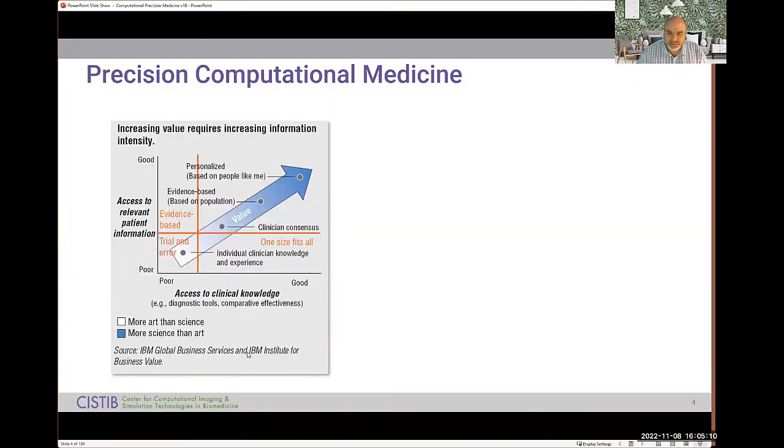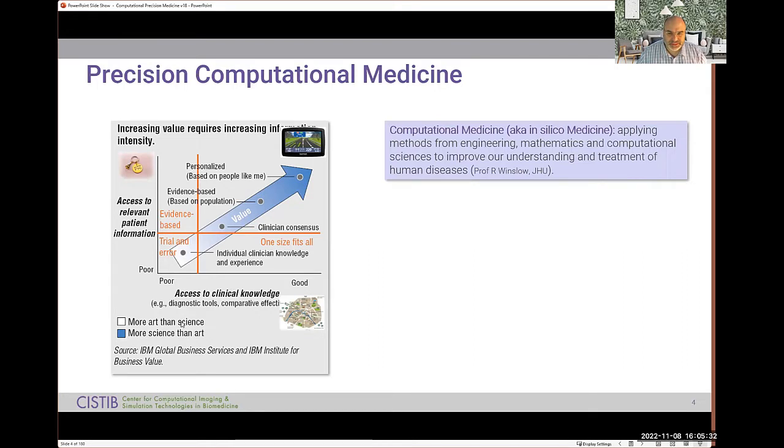So basically, when you try to improve a healthcare system, what a number of people have identified in the literature is that there is both the importance to improve access to the clinical knowledge that we have about that particular disease, but also about the patient information that we have access to. And the way I tend to think about this is as a sat-nav, where in order to be able to do personalized guidance to a particular outcome, we need both to understand the GPS positions, and we need to understand